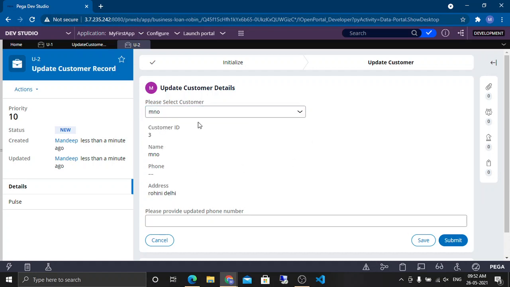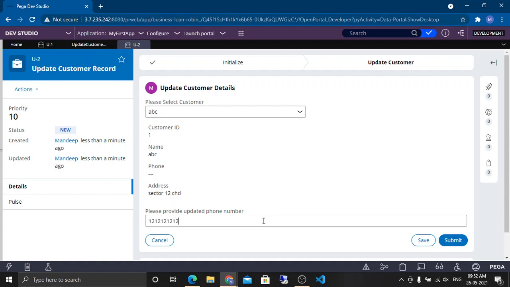MNO. Now, as per the requirement, suppose ABC is selected, and currently there is no phone number. I want to give a feature to maybe this customer support person or anyone, so he can firstly view this detail. He will cross verify some questions like, could you please verify your address? He will talk it out over the phone. He will check that he's a valid person. Could be any process. But I want to give him some option.